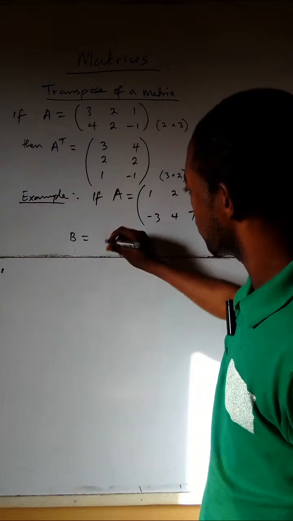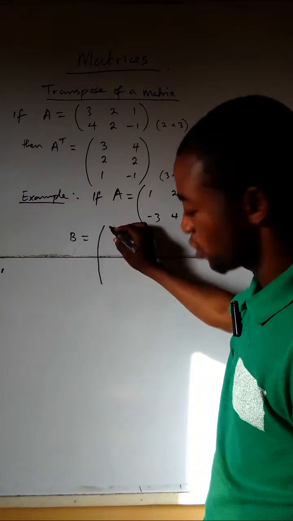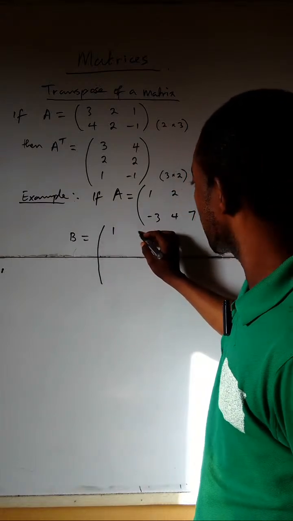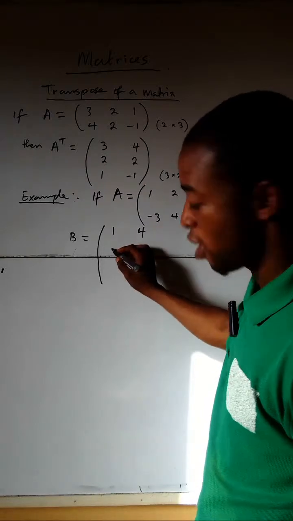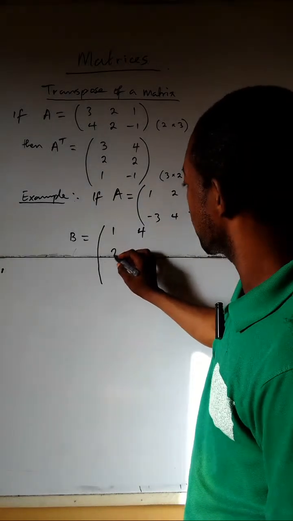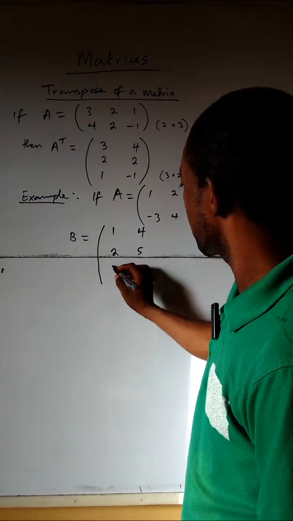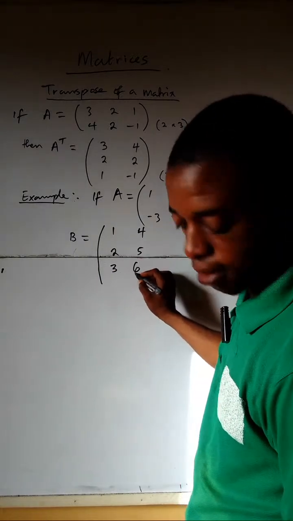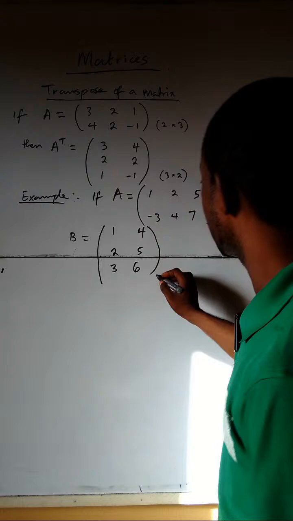That is, we have 1, 4, 2, 5, then 3, 6. Then we have to find